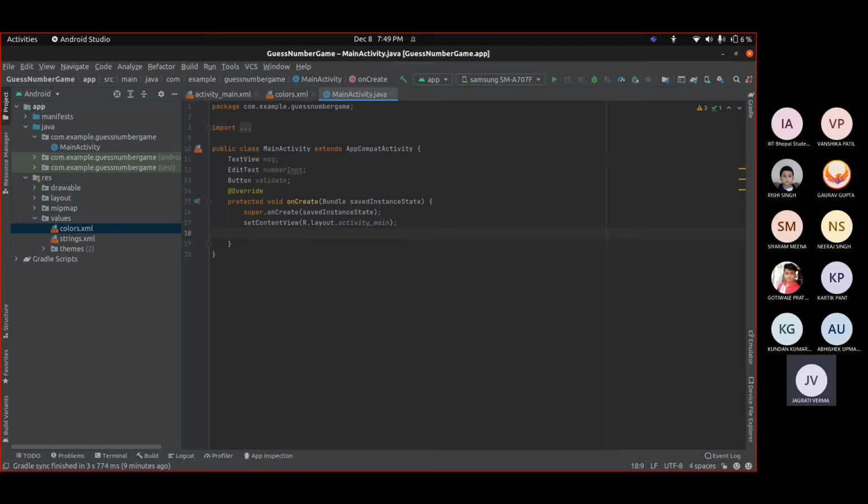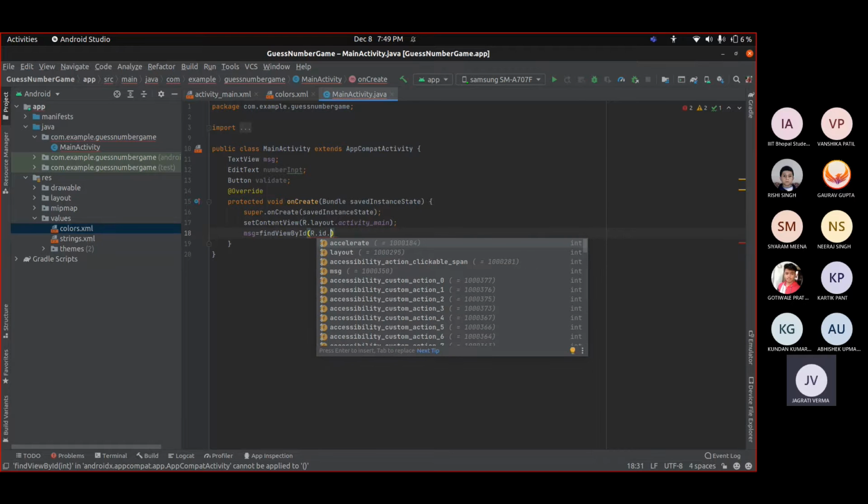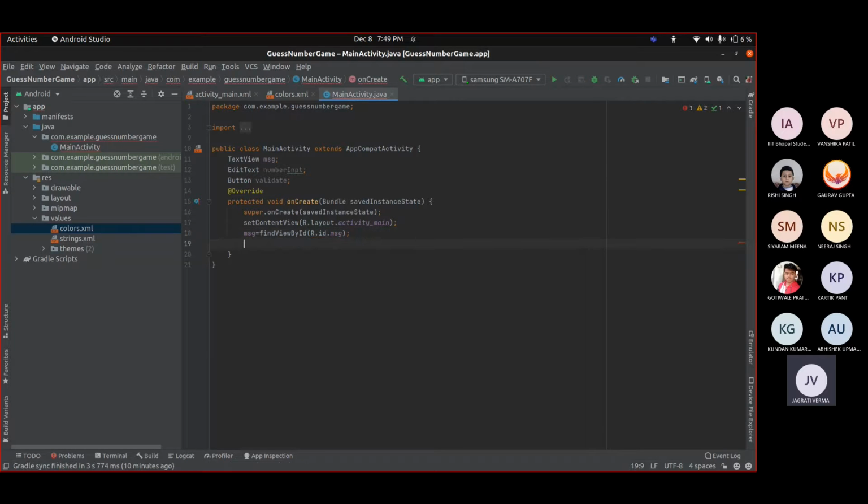So here what we are going to do is connect all the UI components through findViewById in our Android application. So for that let us type here message, the text view, is equals to findViewById R.id.message. Okay, and after that we need to connect our number input, so type here number input equals to findViewById R.id.number input. Okay, similarly for the next one type here validate, which is equals to findViewById